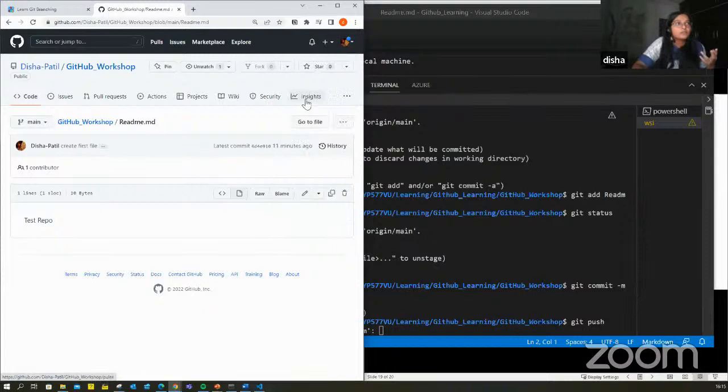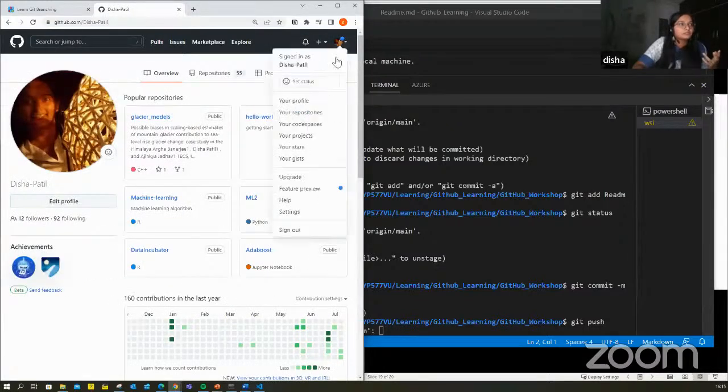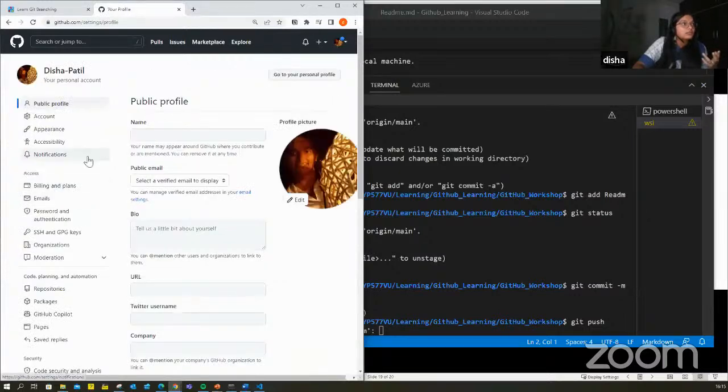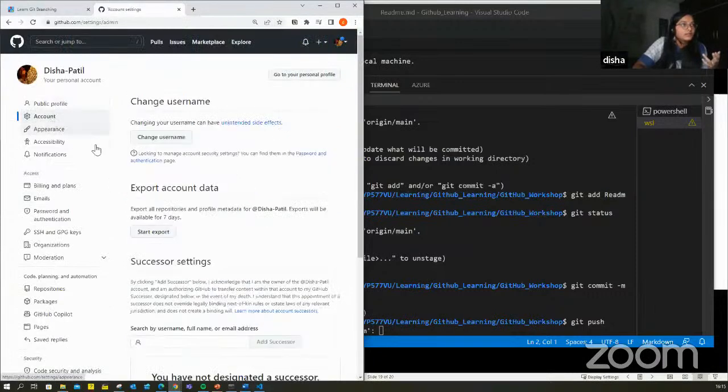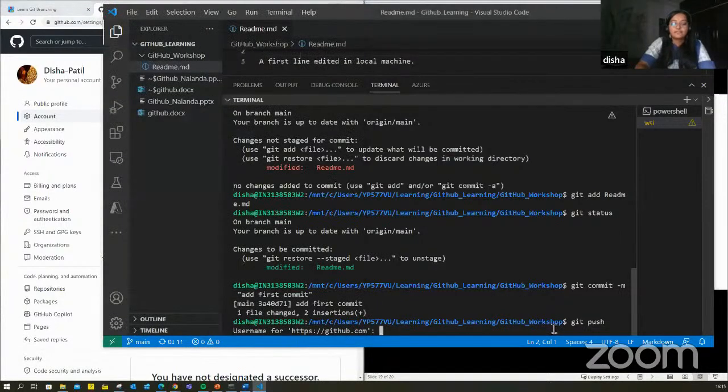Okay, you can still go to your profile. No, not profile. Settings. Okay, account. यहाँ पे भी कहीं पे yes. So you can change your username if later on like आपने account शुरू कर दिया और कुछ अलग username डाल दिया तो you can change it from here and stuff. But this is basically the username. So Disha Patil. I'll just type it.